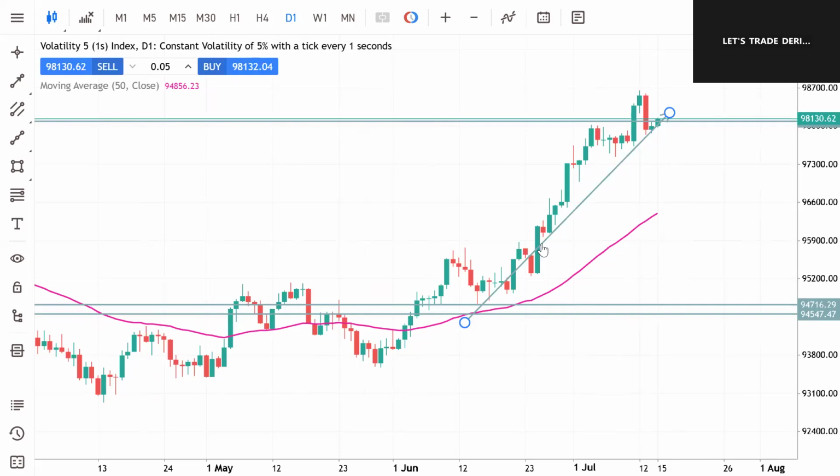So here we are looking for a bullish entry whereby we can take a bullish trade or we can buy